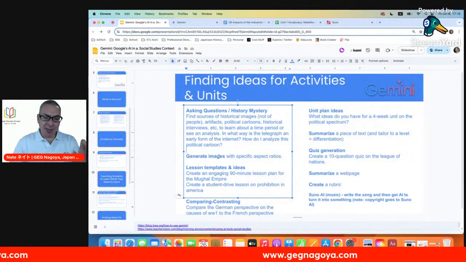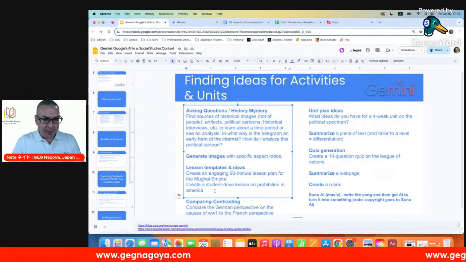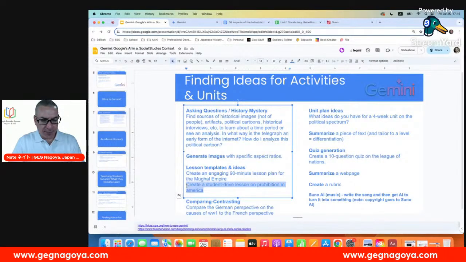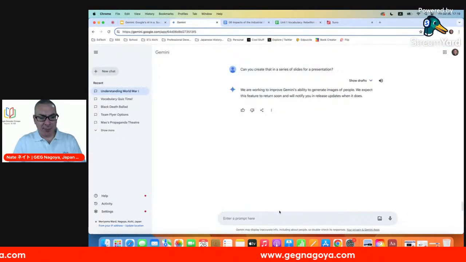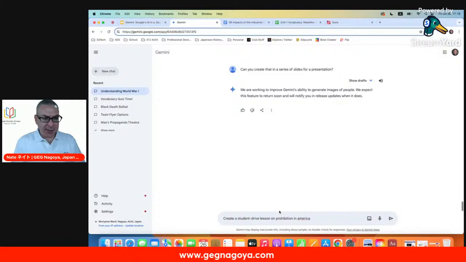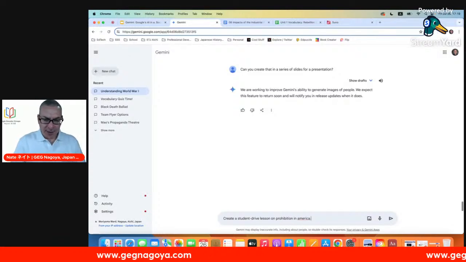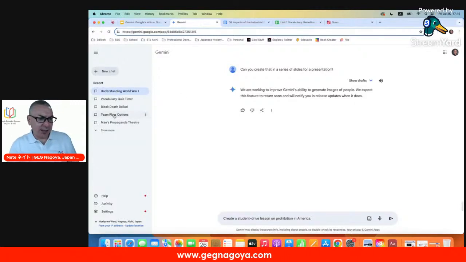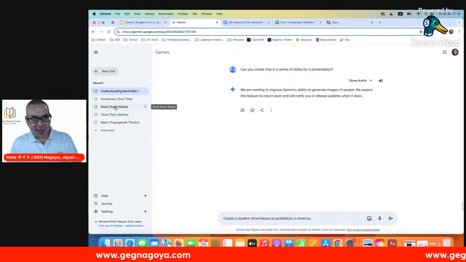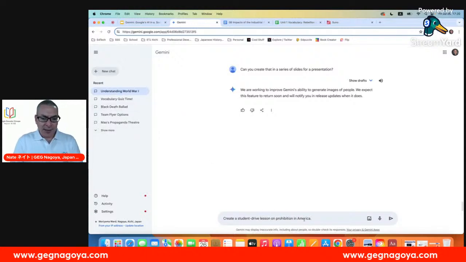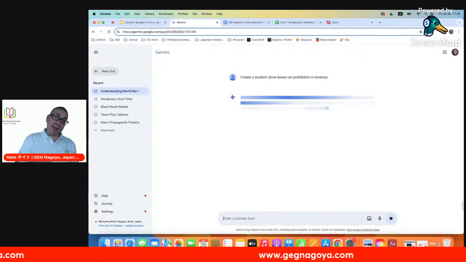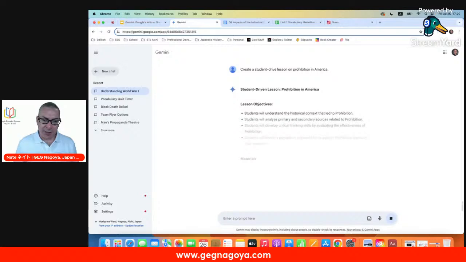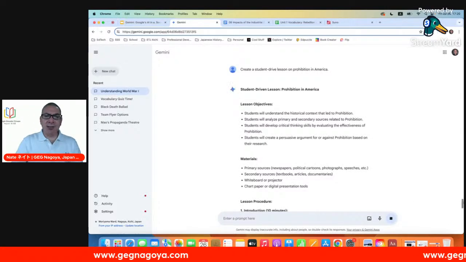You can generate images with specific aspect ratios. Let's do this. Let's see. I want to create a lesson plan, right? Before I do this, let's be proper with my capitalization. Note on the side here, it keeps a record of the things that I've been looking at recently, which I think is kind of cool because I can go back and see what my conversation with the AI was. All right, so a student-driven lesson